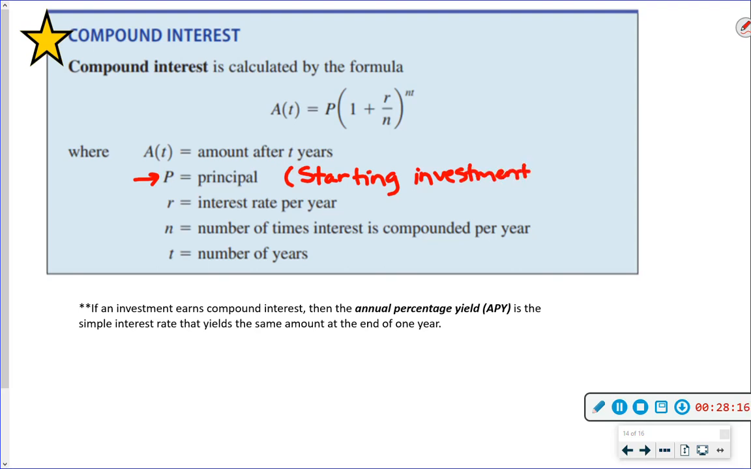So if you open a savings account with $500, the principal is $500, what you open your account with. All right, R is rate, clearly. Nobody misses that. R is rate. T is time, number of years. Okay, and then N is the number of times, this is a key one, it's compounded per